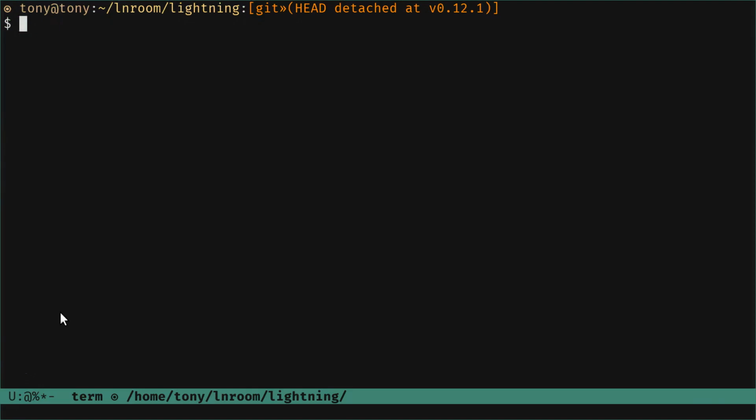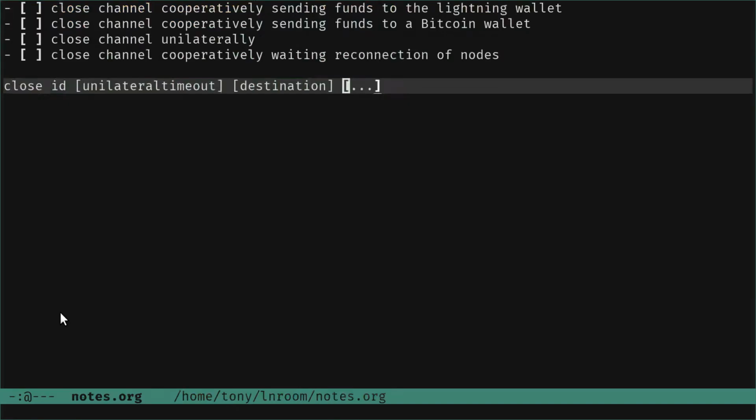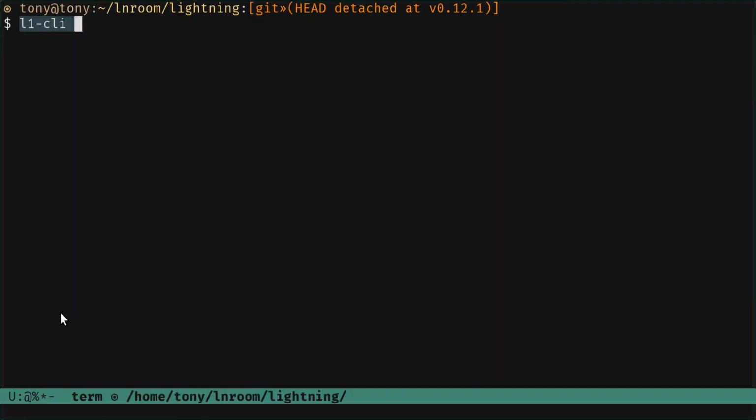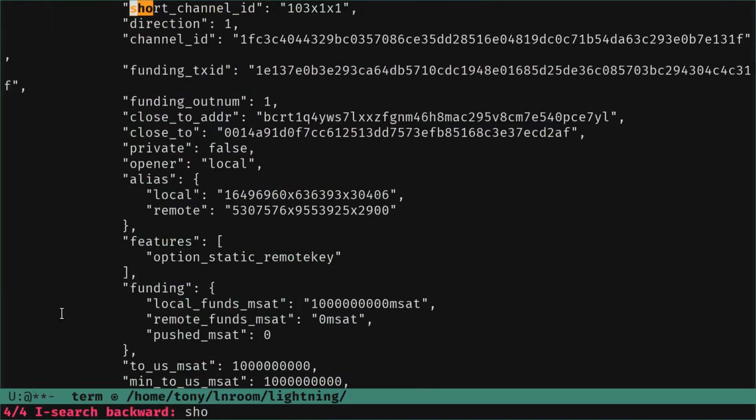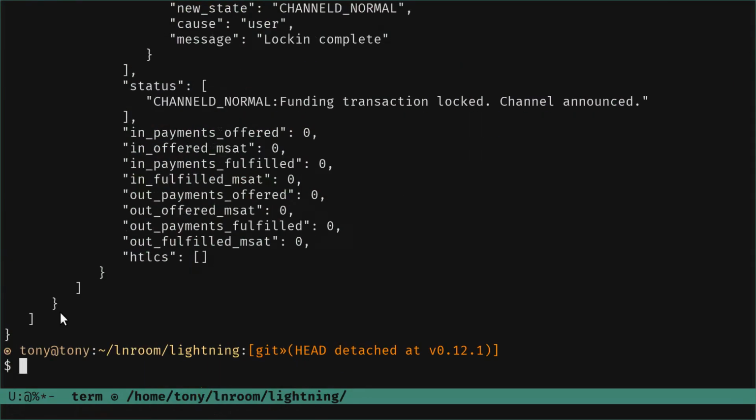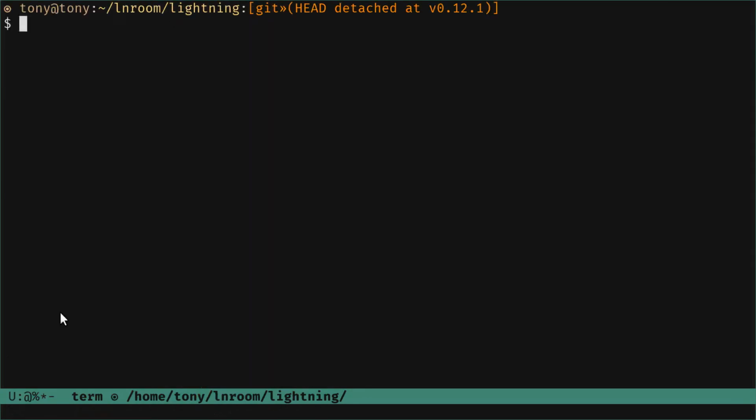So let's close the channel. We can close the channel using, as we said, the CLI. We can go back to our notes: close, ID, unilateral timeout, destination. Right now we just want to use the short channel ID. So here we have the short channel ID of the channel we want to close, L1 CLI,